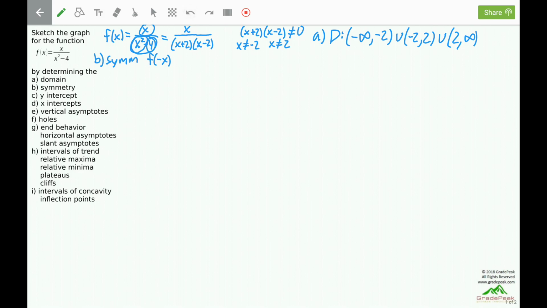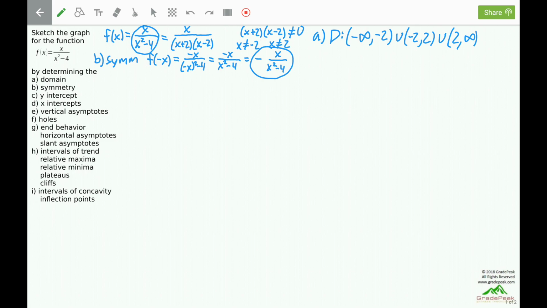So f of x will have origin or odd symmetry. f of negative x is negative x divided by negative x squared minus 4, which is negative x divided by, a negative squared is positive, and then x squared minus 4. The negative in the numerator can move out front, so it'll be negative of x divided by x squared minus 4. Comparing this result to the original,